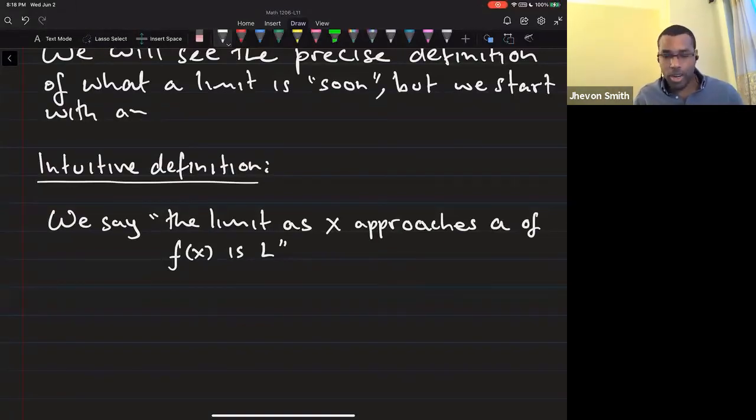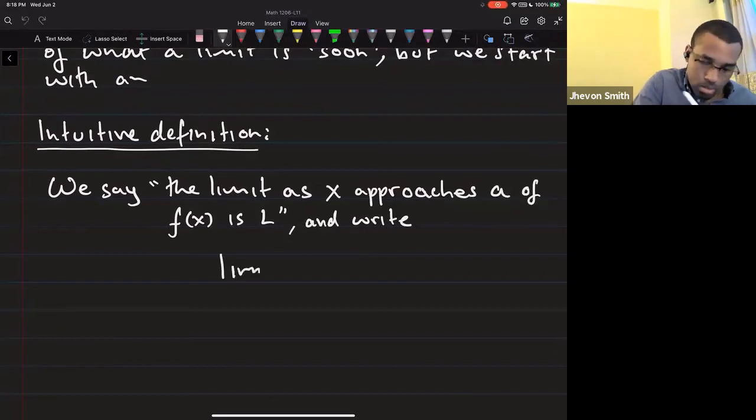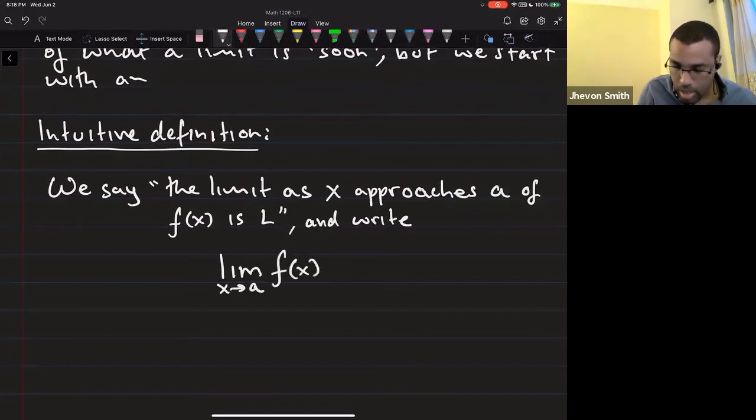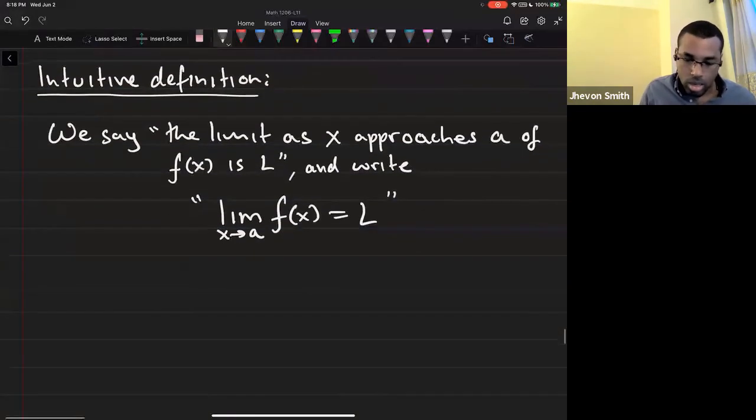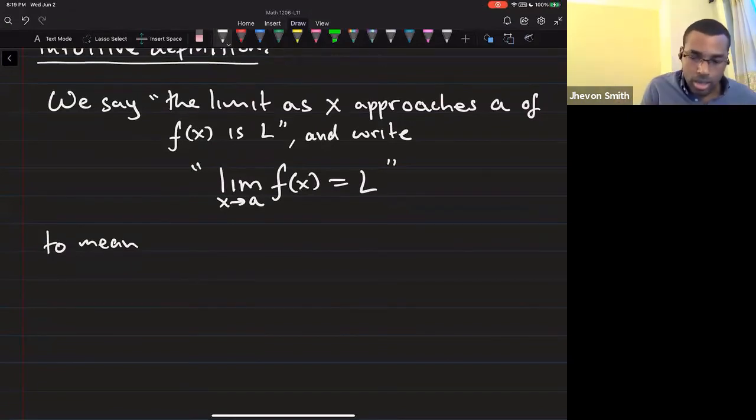Someone can say that phrase and write this symbol, limit as x approaches a of f of x is L, to mean the following. So I'm going to describe the limit as an idea, right? The intuitive idea. To mean